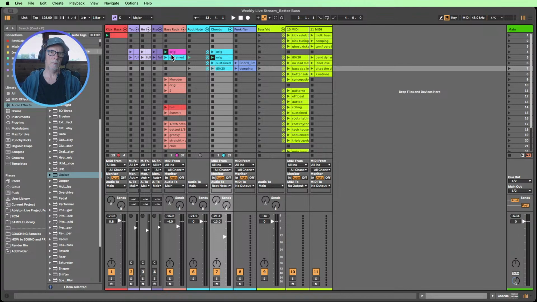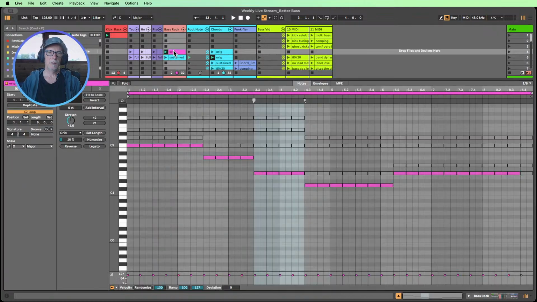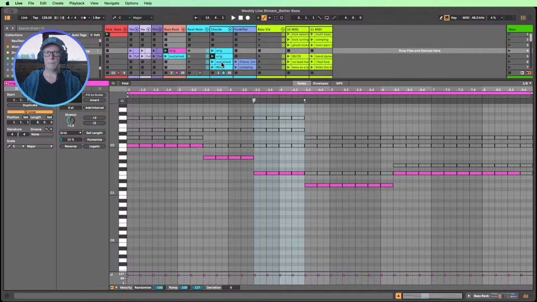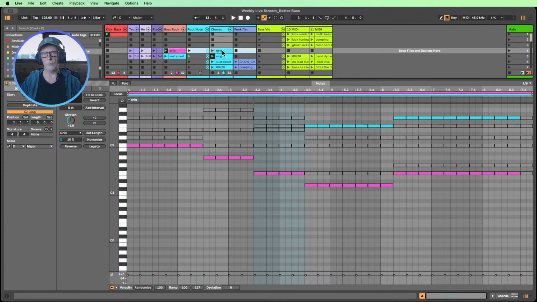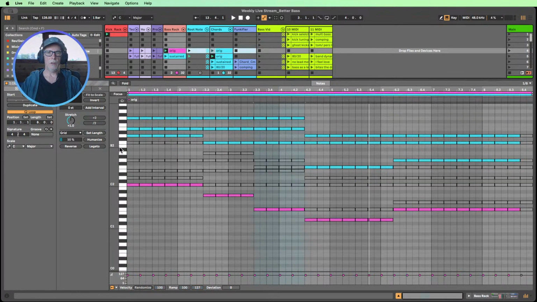So if you're doing a root note bass like we're doing here, an 80-20 speaks about 80% root notes and 20% non-roots. So the point I was making a moment ago before I removed those notes is we've got a lot of frequency here, essentially, because we're following the pattern exactly in the bass as the chords.